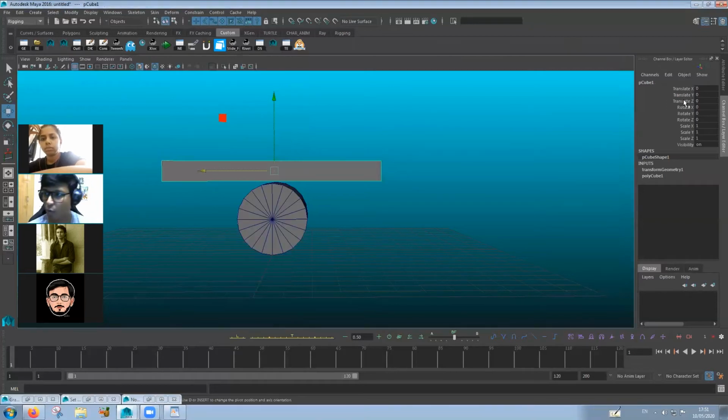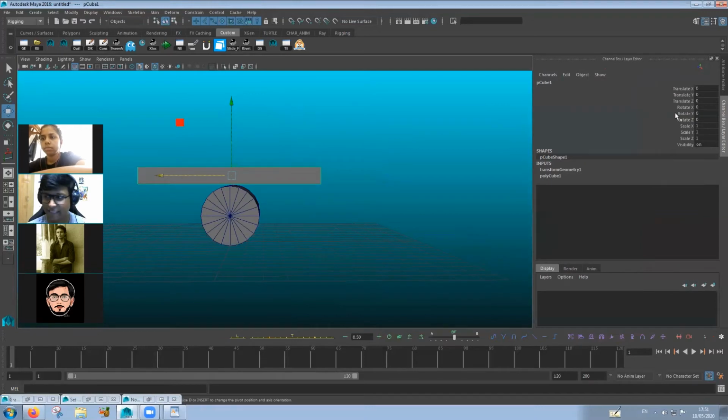So transform node, whatever you see over here in the channel editor, the translation, rotation, scale, and visibility, all of this comes under the transform node. That is, the physical changes that you're making in the world space of Maya are called transformation. That's why it's called transform node, all right? And below that, you have something called PQ1 shape, all right?